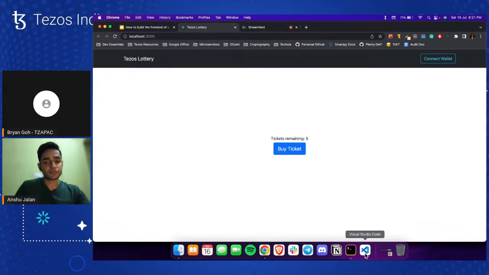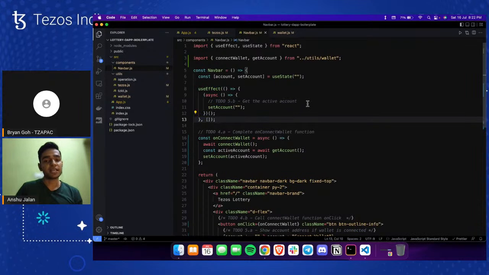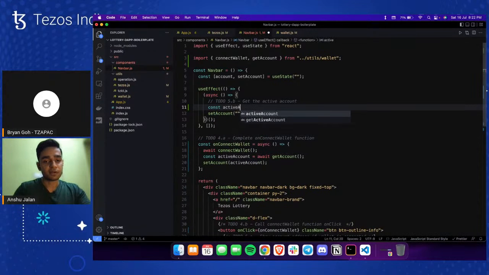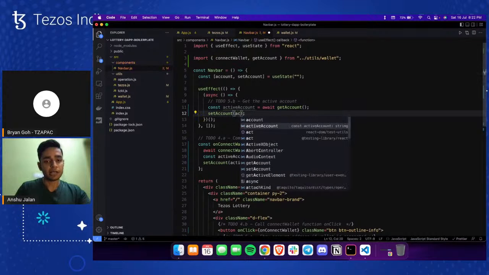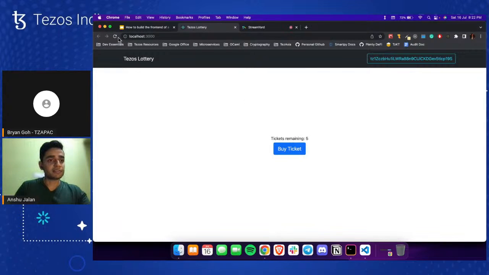And the way we can do that is using a useEffect hook. Now this useEffect hook is just executed once whenever there is a page load. So whenever a fresh load happens, we can just fetch the active account and set it as the account state variable, right? So in here, I will just fetch the active account. I'll set it as the value of the account state variable. That's it. Now, it doesn't matter how many times I refresh the page, it will stay